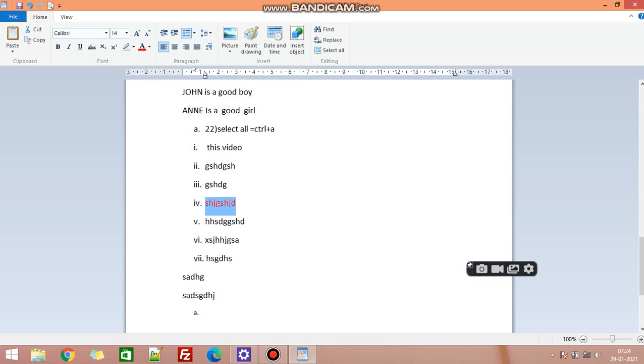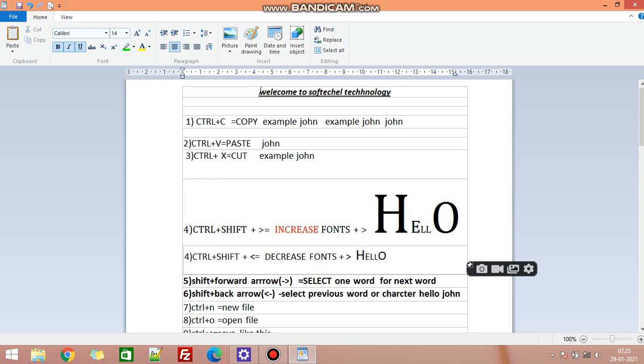Select first. Background color like this. So you can practice in this itself. Different types of pamphlets you can use, and paper cuttings you can use in this format. So it depends upon the practice. If you practice, hopefully in 1 week or so you will know about WordPad as well.